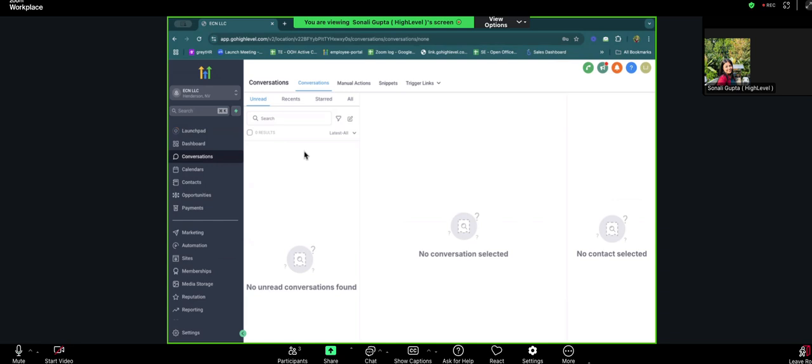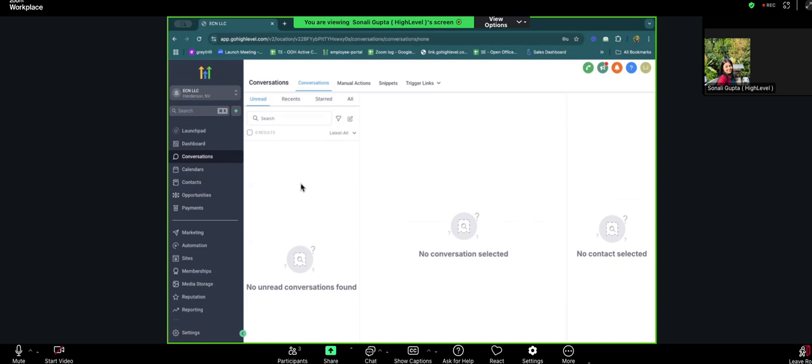As soon as this client shares their details in the chat box, for example, their email address or phone number, you don't have to go inside their contact and fill in the details. The system will get triggered and automatically send these details to their respective contact card. It will also create a new contact card for you, and save certain details of the clients inside their respective contact cards.